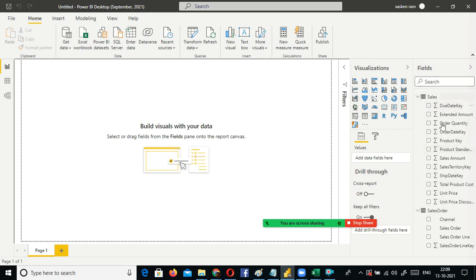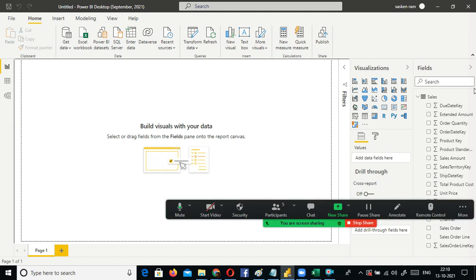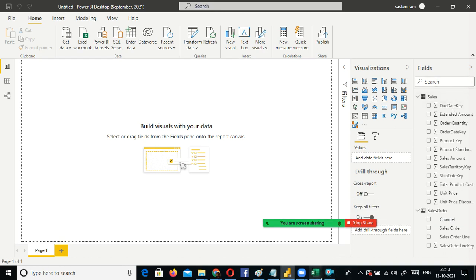Now the question is, whatever data transformation I did, can I write it back to my Excel? You cannot write back. Write back is not possible. For example, you converted the data type of a specific column to a whole number. Can I store that value in my Excel sheet, or rewrite my Excel data with the changed one? You cannot do it. You understood? Is it clear or not?